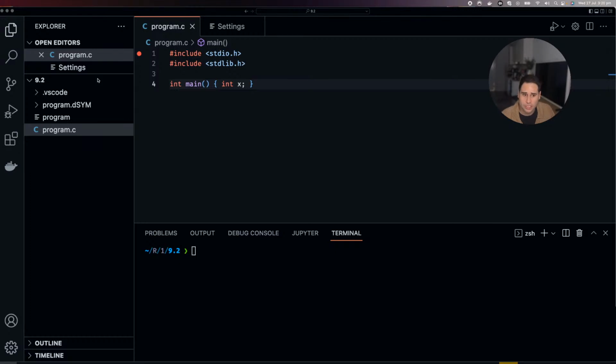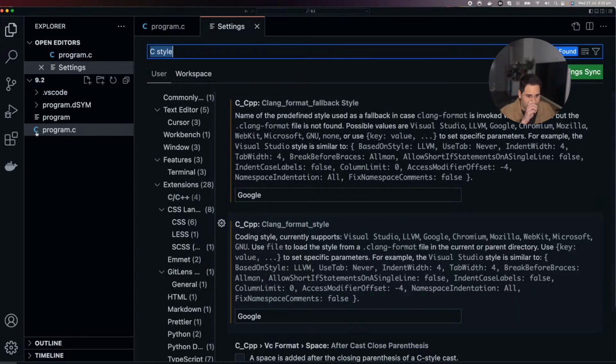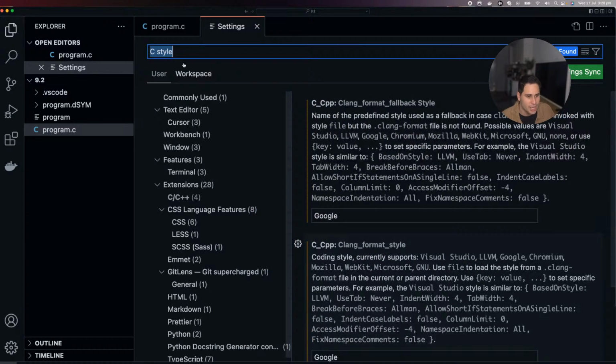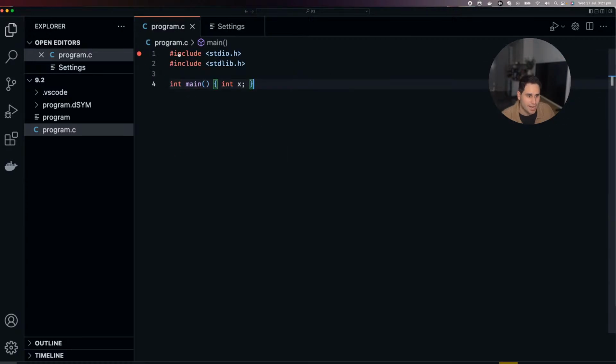Yeah, I agree. What I wanted to show you, right? So if you go to Preferences and go to Settings, you can see this Settings page here. If you search C style in the settings panel and you go to C++, and remember, you should install the C++ extension if you're going to be writing C++ code. And if you change the C++ clang format style to Google, I've just changed it in both of these fields, it will actually